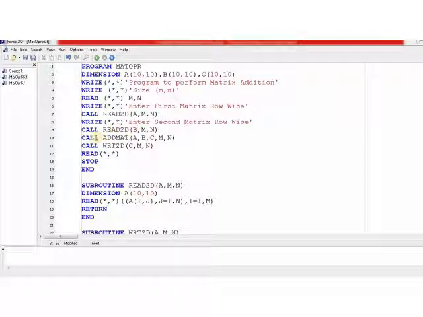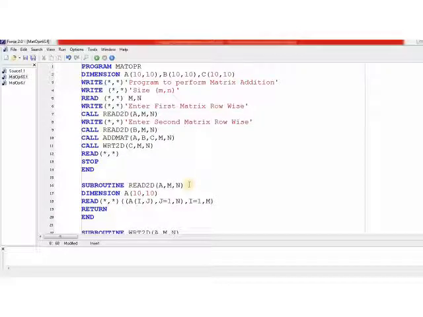After this, we call subroutine addMat for performing addition of the given matrices. The first matrix passed is matrix A, the second matrix is matrix B, and the addition of these two matrices will be stored in matrix C, and this is the size of the matrices. So the resultant matrix will be of size n by n, and that matrix is displayed using this subroutine WRT2D, which displays a given matrix. Here the matrix passed is C, along with its size.